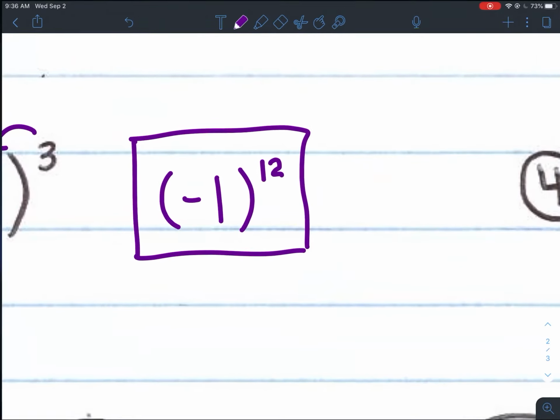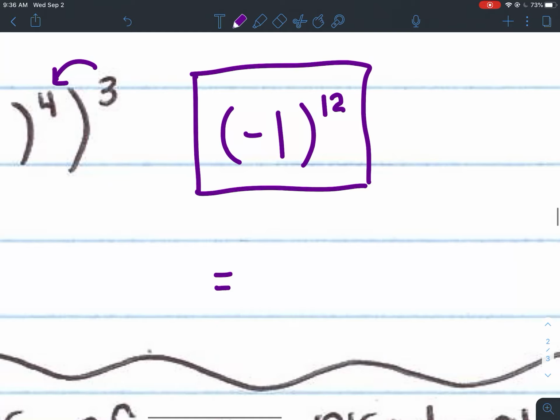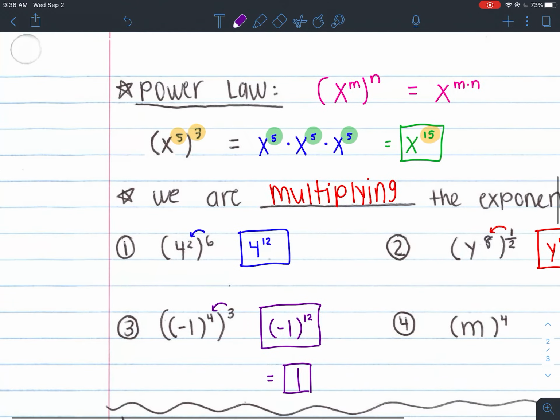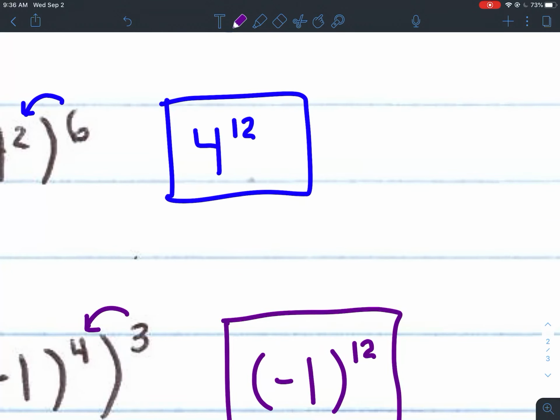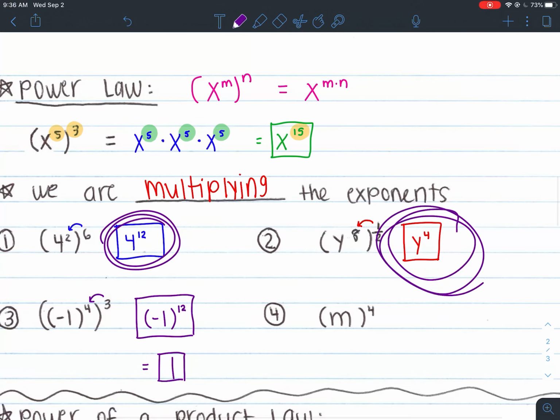So what does -1 to the 12th power mean? It means I'm taking -1 and multiplying it by itself 12 times. And when I multiply it by itself 12 times, I end up with +1. So really, you could simplify this even further and just say this answer equals 1. And you can do the same thing with 4 to the 12th, but 4 to the 12th is a